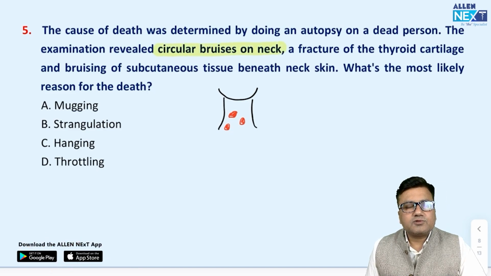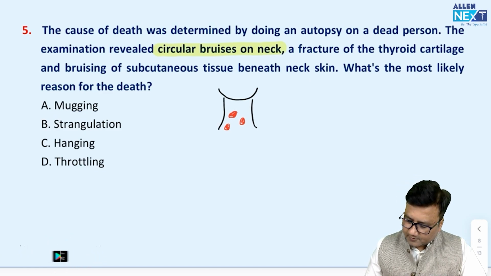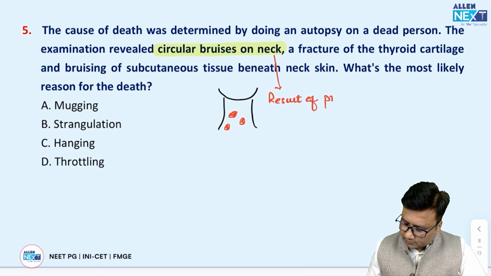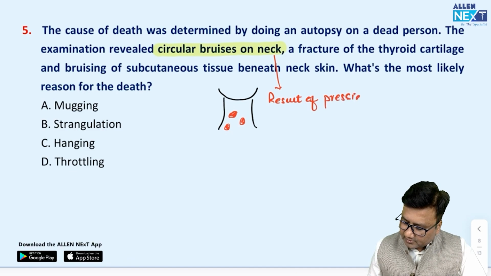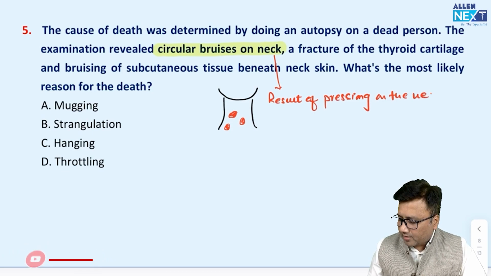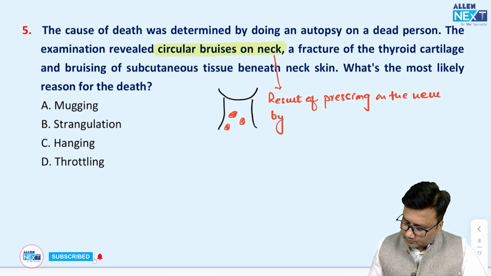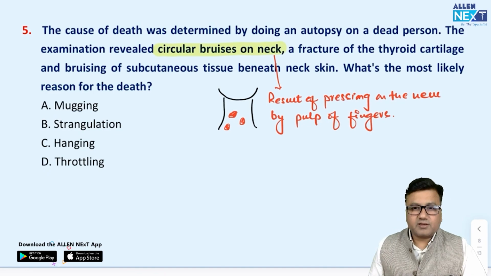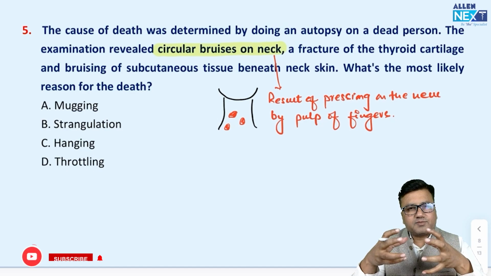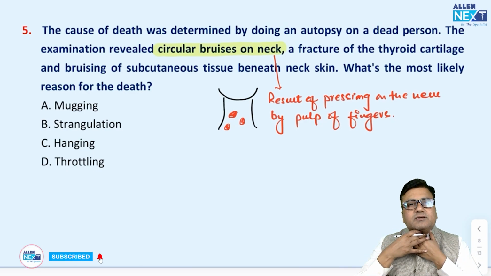These circular bruises on the neck, they are the result of pressing on the neck by pulp of fingers. So when you take the fingertips and when you press the fingertips to compress the neck like this, the